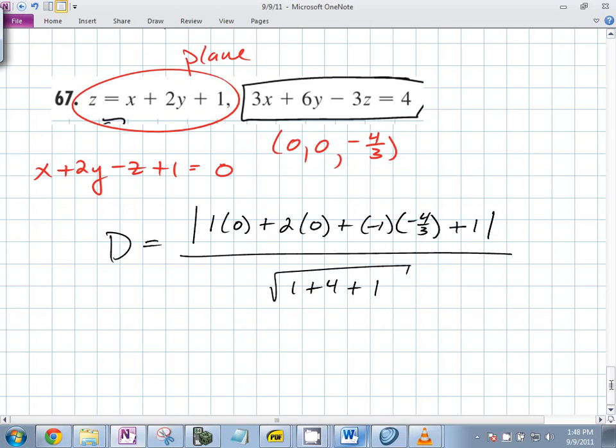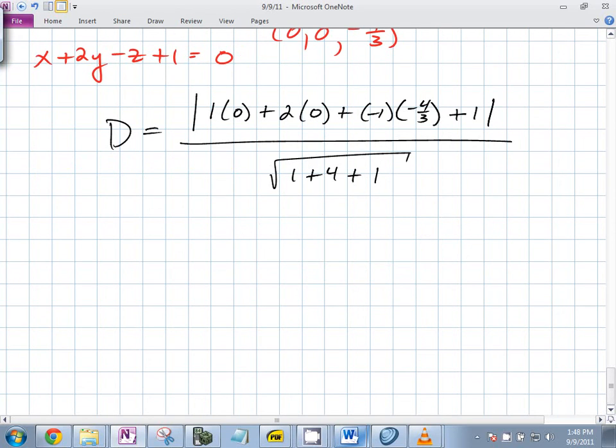The root's the same. That's good. I'm really glad that the root's the same, that's a good sign. If we had something like pi underneath the radical sign, then you know something's really wrong. So what do you end up with up there? You get 0, 0, negative 4 thirds. You get 4 thirds plus 1, so you get 7 thirds over root 6. So you end up with 7 over